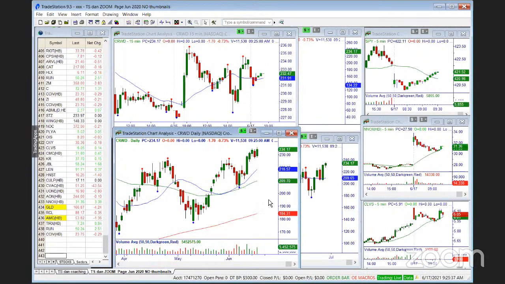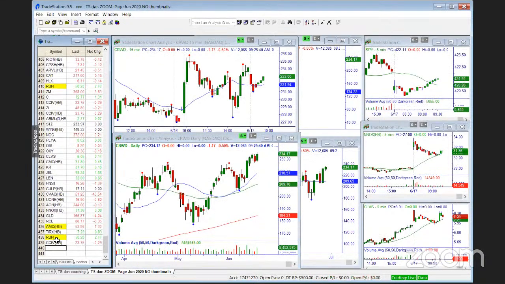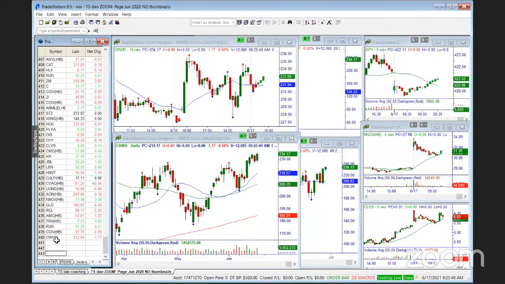Over yesterday's high, yeah, that's very strong. I like it. I like it, boss. It's over yesterday's high. It's a continuation pattern right here after breaking out. I like it.